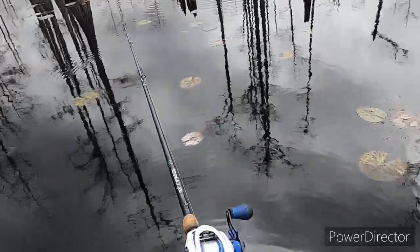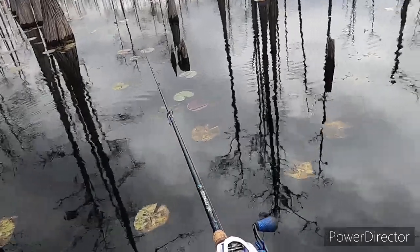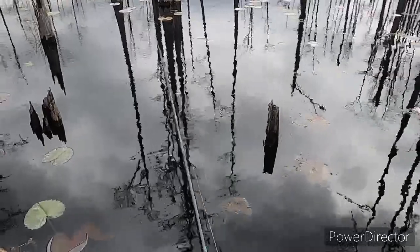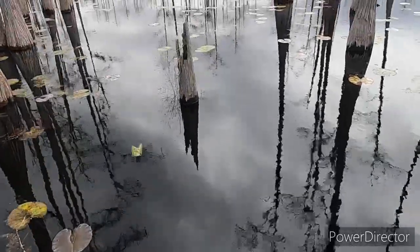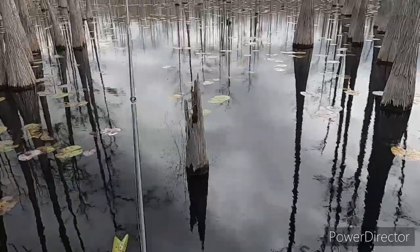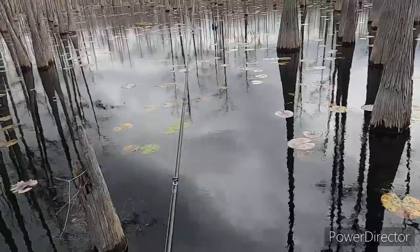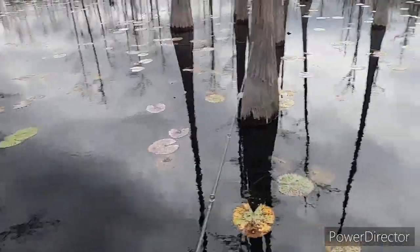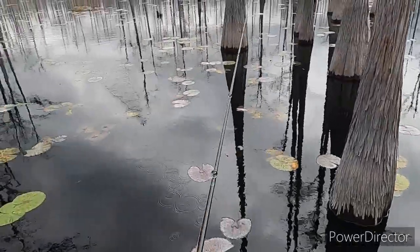But there's a spot right here, a little opening that, after everything else grows up, will just be one little open spot right here. And I have hung a couple of nice ones in this area. Today been slow like it is, it started out good this morning, but as far as right now, as slow as it's gotten, I don't expect anything to come out of it. But